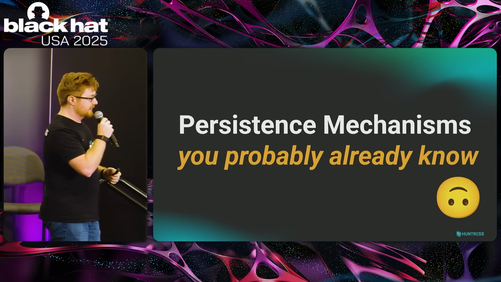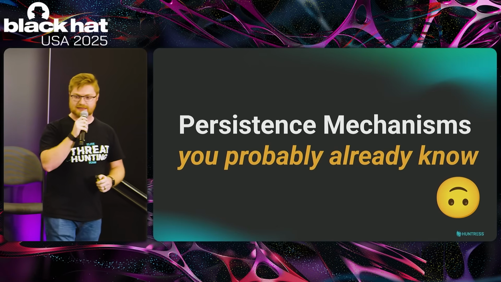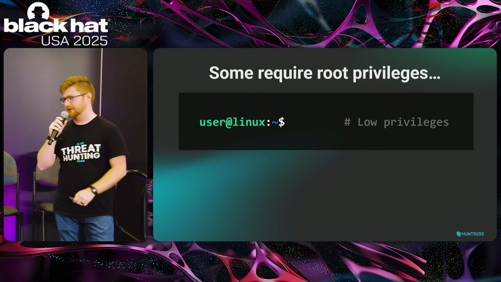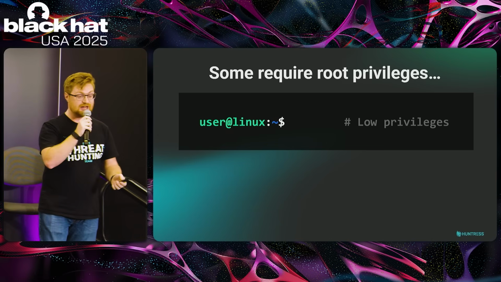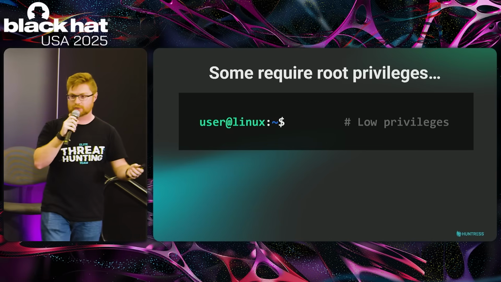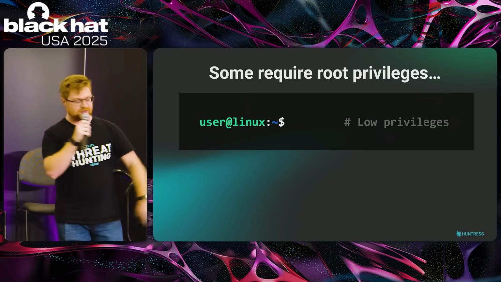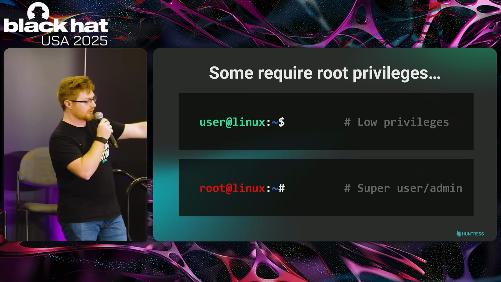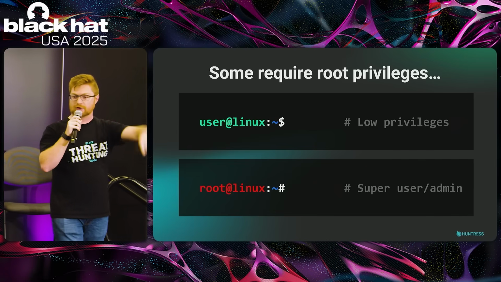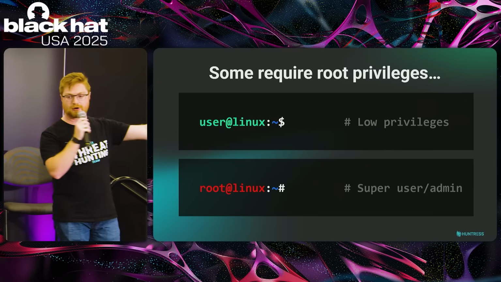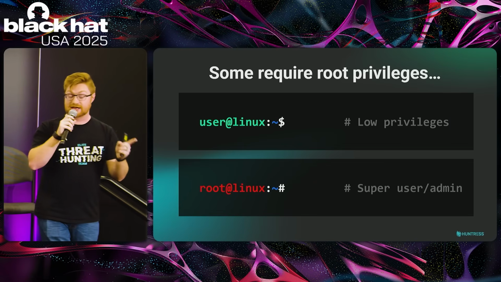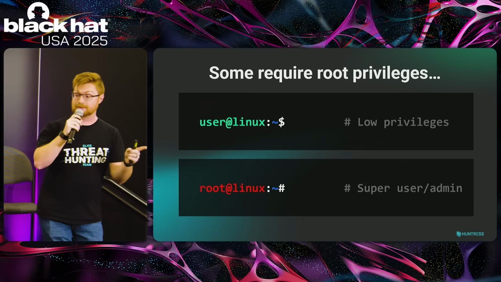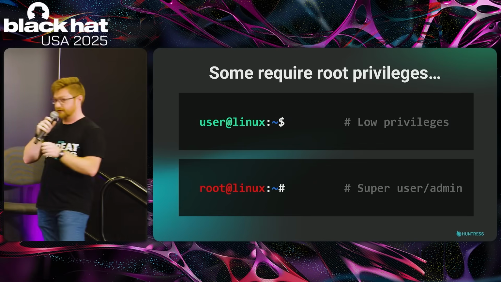But if you all think of persistence, some of you might think of, we probably want to do this with root privileges as the admin in the Linux world, root user, super user. So I'm going to use a little bit of a connotation here for a user prompt with that $ in the command line and the root prompt with the hashtag #. Fun fact, the scientific term for that is octothorpe. And now you know. That's a good little nugget for you.